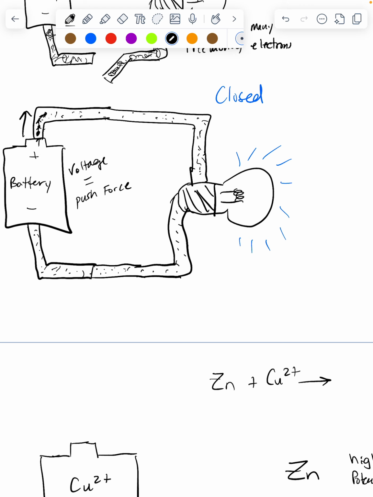That effect is so fast that it's basically instantaneous. So the electrons are moving and bumping into each other, and when they bump into each other, they are transferring energy down the wire. So there's an energy transfer happening